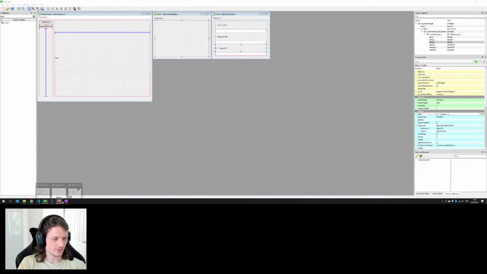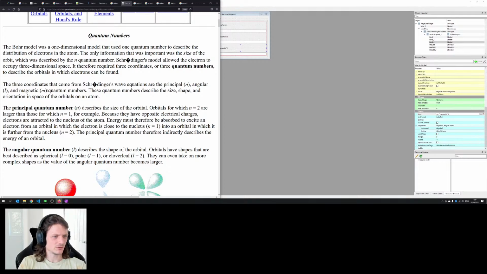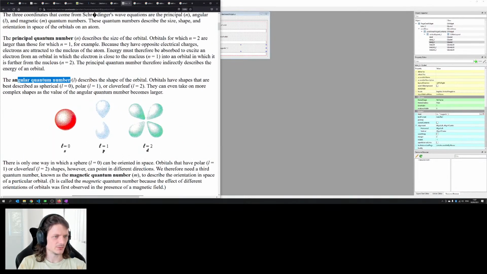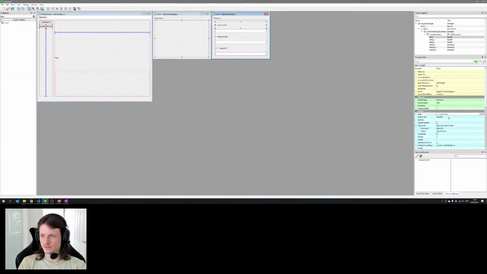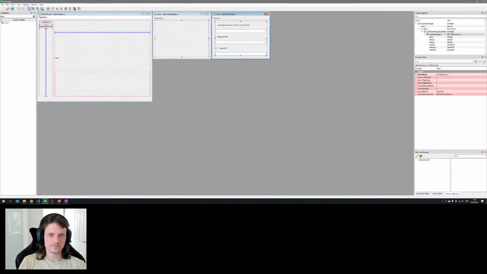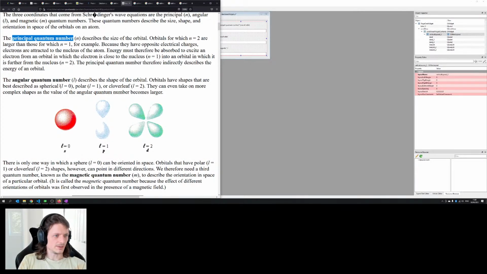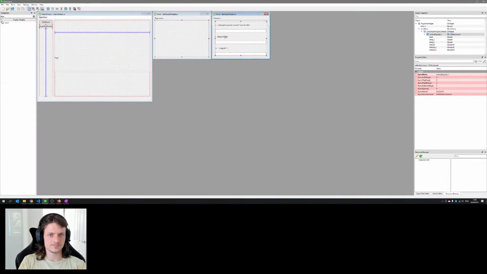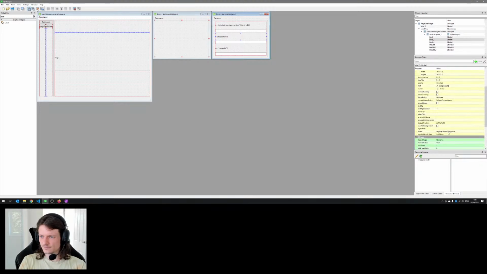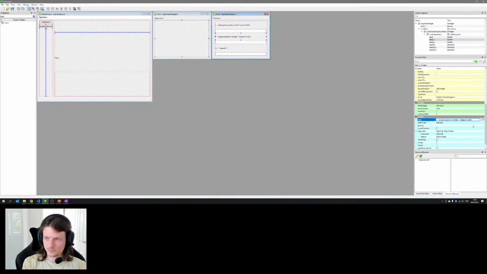Okay, fine. So let's go, magnetic. What was it again? The angular quantum number. Let's give them their proper names as well. N, size of orbit. We've got the angular quantum number, shape of orbit.